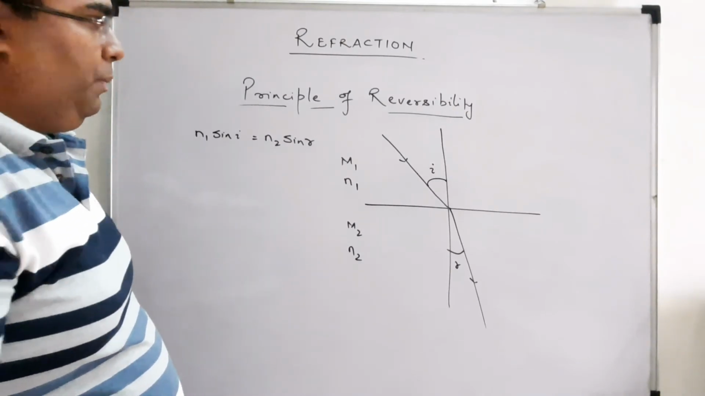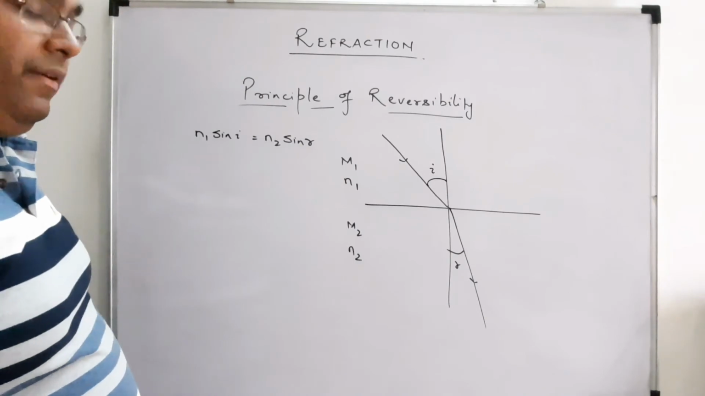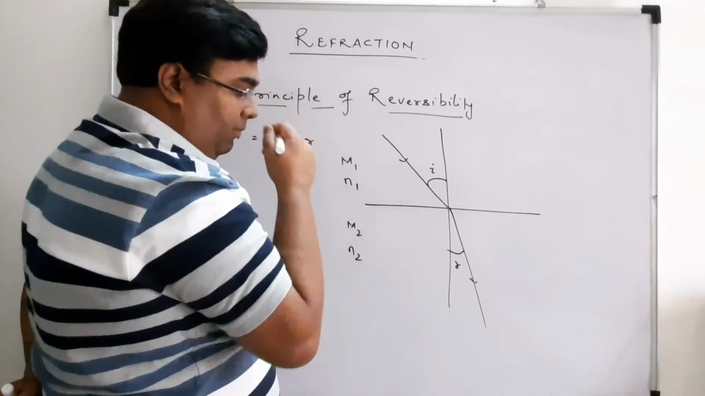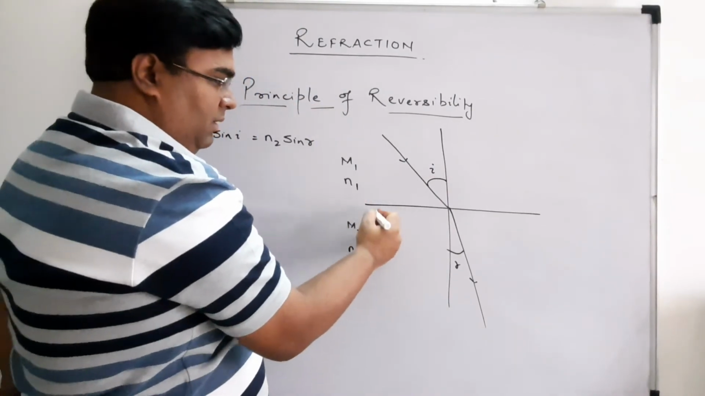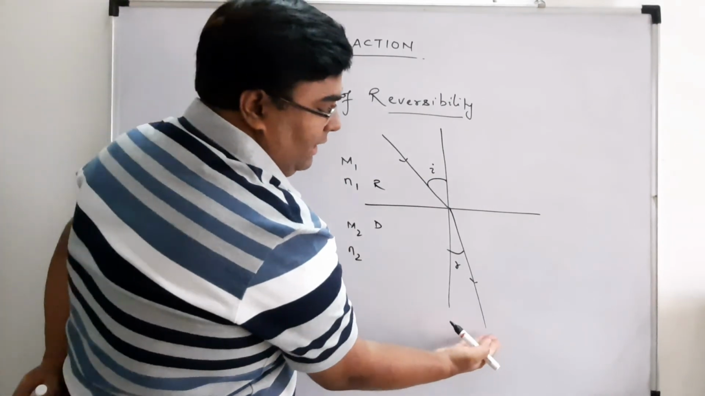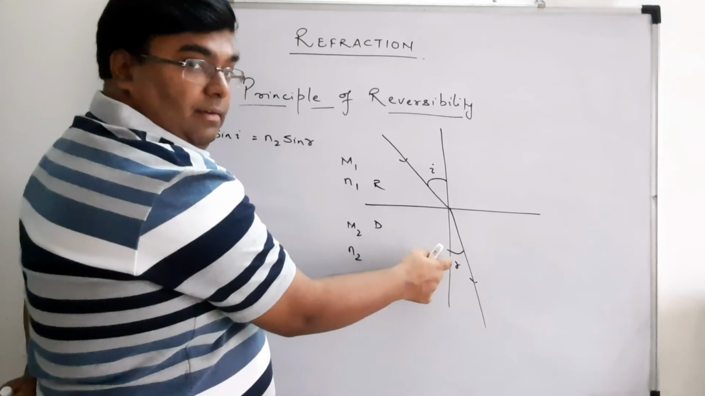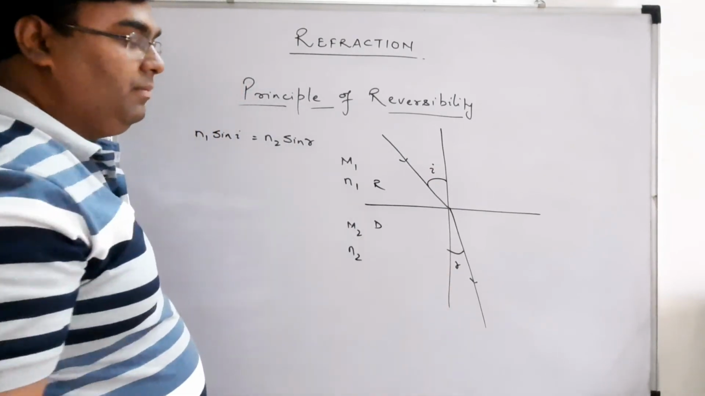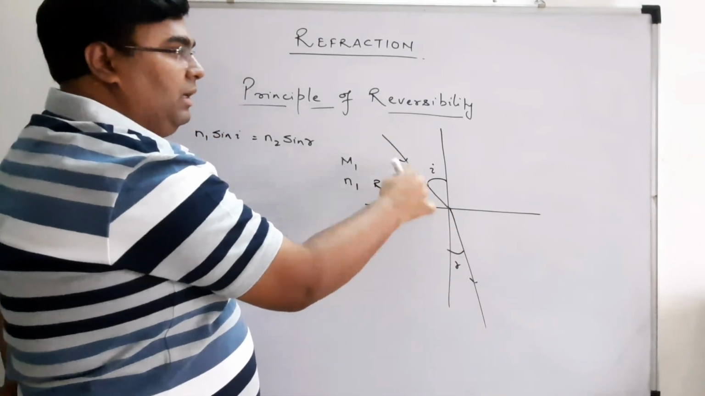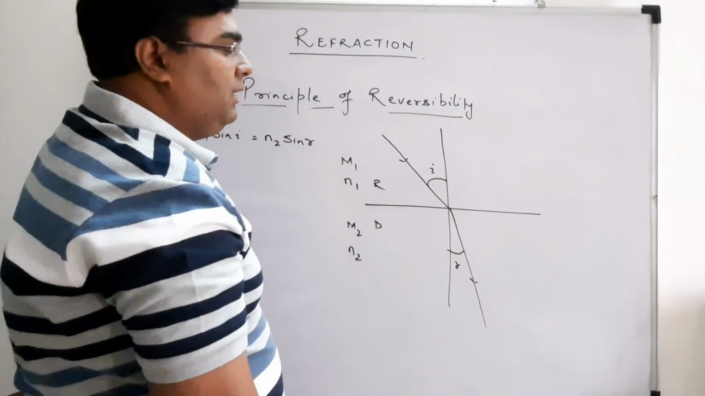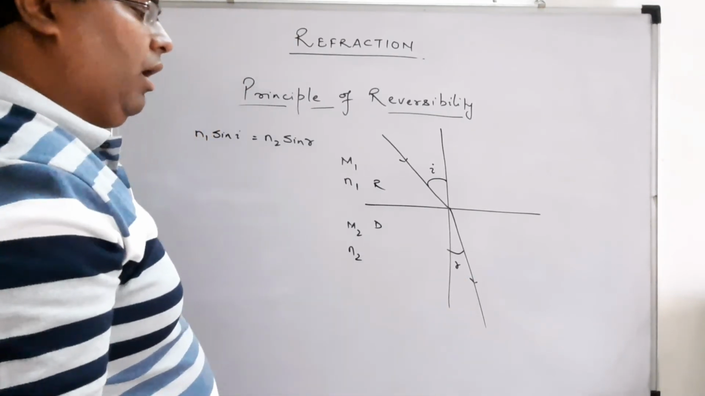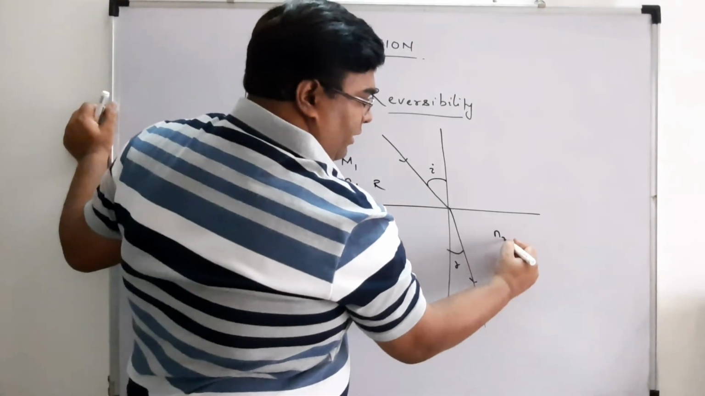Now the principle of reversibility is that if the ray starts coming from here, from denser to rarer, this is my denser, this is my rarer. Suppose my ray starts coming from denser to rarer with the same angle R. Will it travel the same path or not? We need to conclude this. Let us find out. So let us say that my initial angle is R. So we can write here that N2